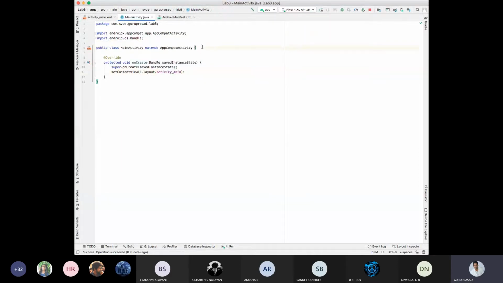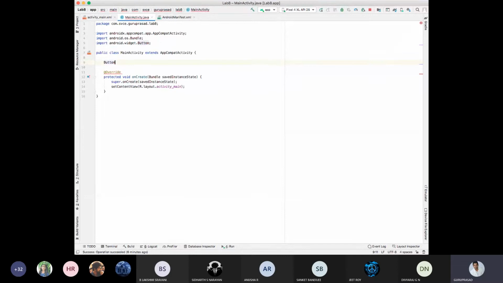First thing in the main activity, I need to say there are buttons. See, I'm getting the suggestion. There is a button.